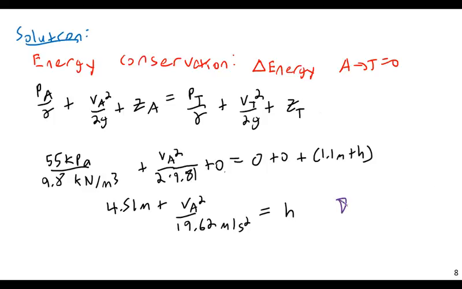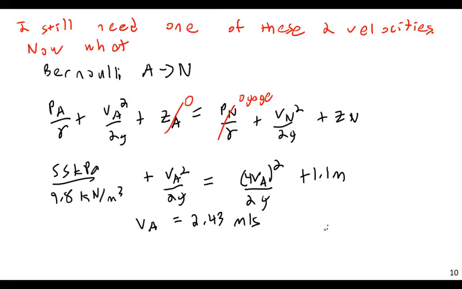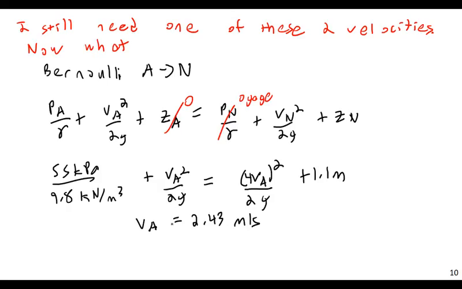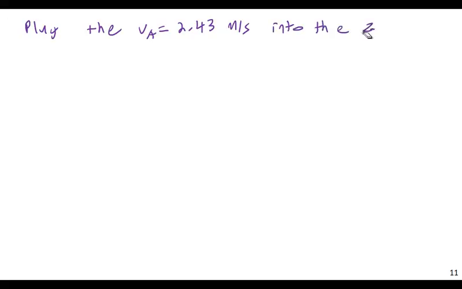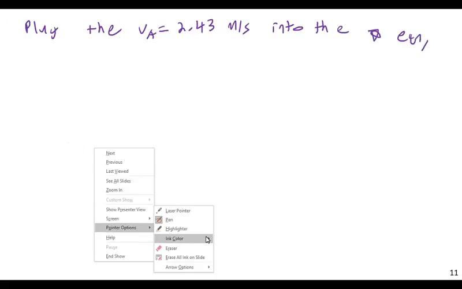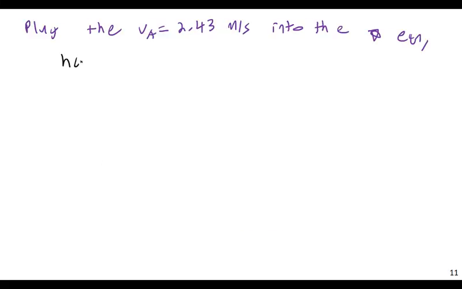If I then go and plug into the starred equation the VA value of 2.43 meters per second, I cannot write a star, you will get, well, finally, H in meters is going to be equal to 4.51 meters plus 2.43 meters per second quantity squared